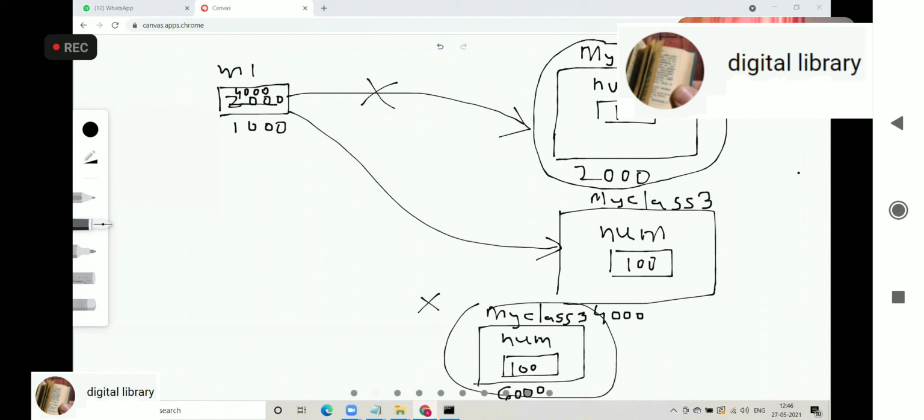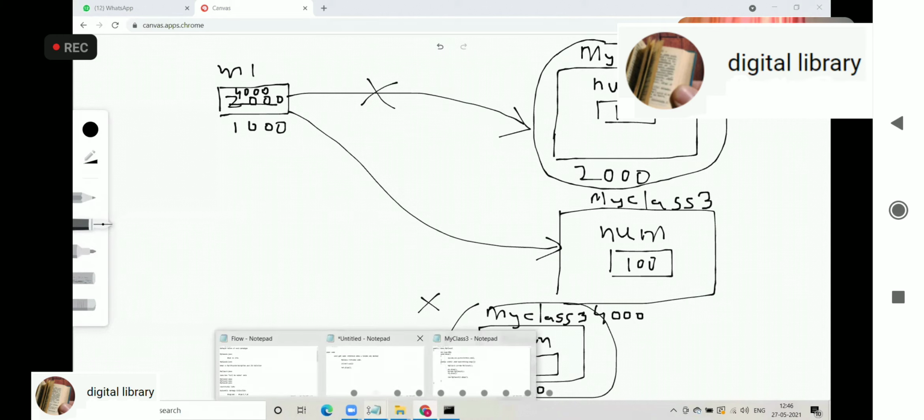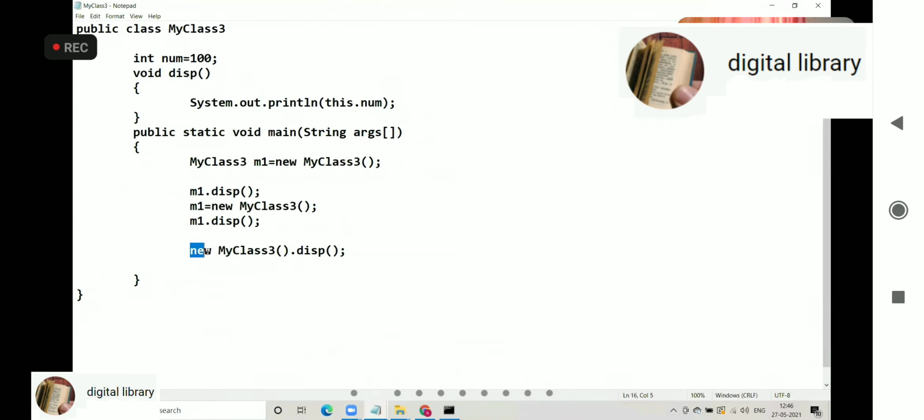So, can you again please explain that last statement? This creates an object, but it does not have any reference. So this is an anonymous object. When you have an object which does not have any reference, when control reaches the next line, that object is going to go. It will be marked for garbage collection.